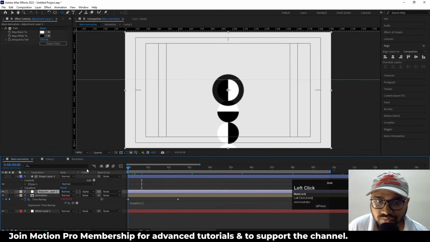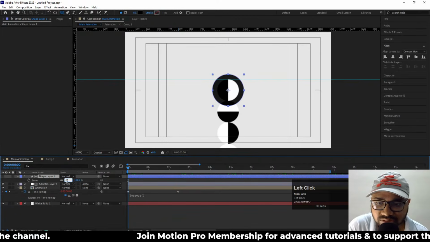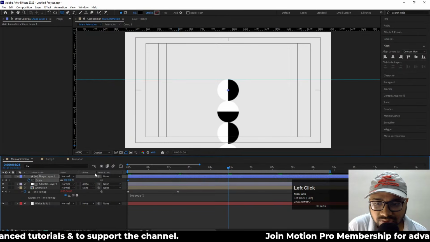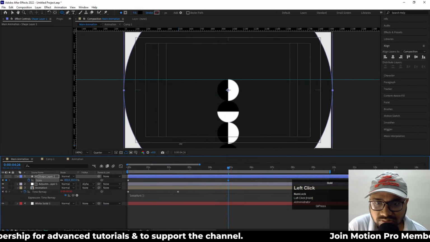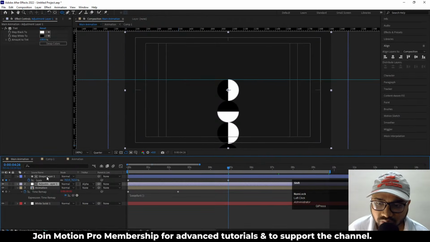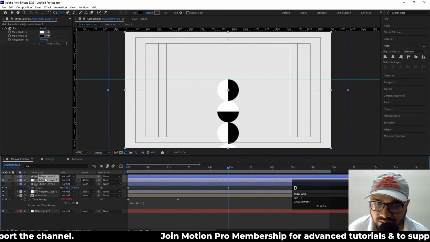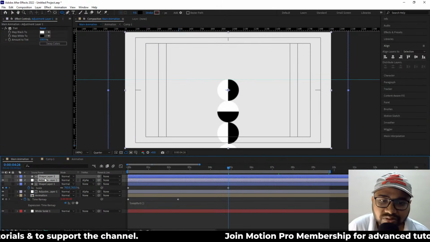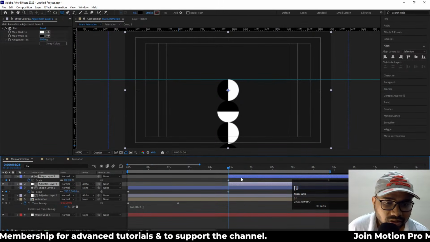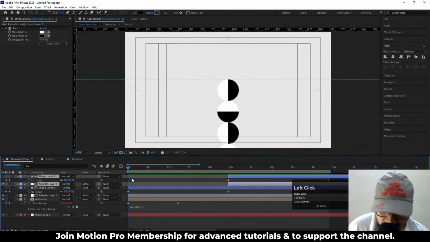Okay, then go to the start, select this shape layer, press S. Initially let's make this value 0 and create one keyframe. Then go somewhere around this point and let's increase the size of this. Similarly, I'm going to select this adjustment layer, and by holding shift I'm going to select the shape layer. I'll hit Ctrl D to duplicate them, and with the help of the open square bracket I'm going to bring them over here. Now hit U again, and we have to make sure that our last keyframe is at this point. So now if you see, and go to the start,